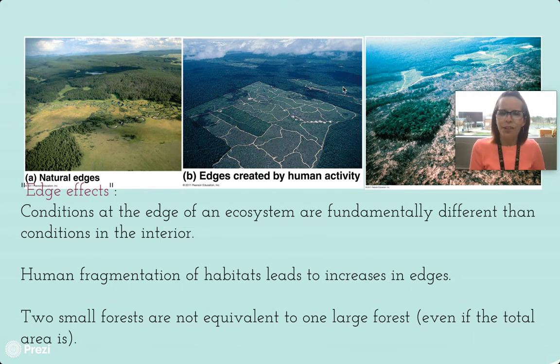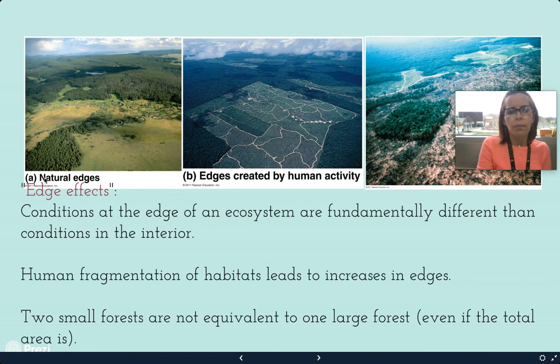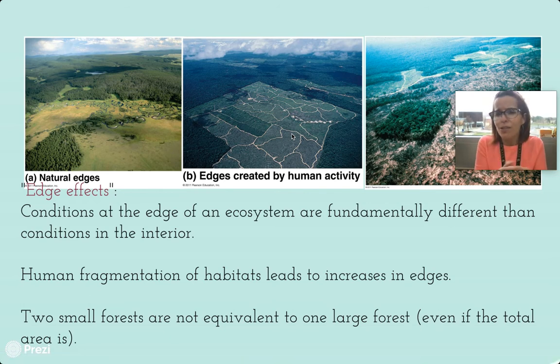There's also the effect that's called edge effects. In these, we still have some forest ecosystem, but then we have all these little ecosystems that humans accidentally created by cutting down the forest. And that can be a huge problem. This picture is edges created by human activity. This is supposed to be all forest land, but inside we suddenly have this new ecosystem. And when we have a new ecosystem, new organisms are going to live in that new ecosystem.